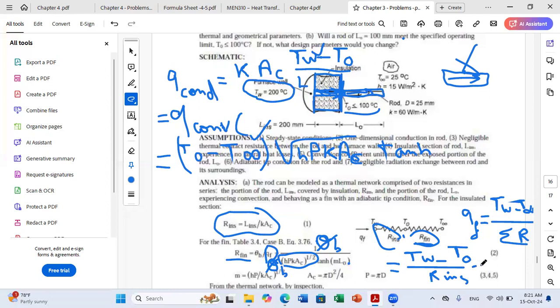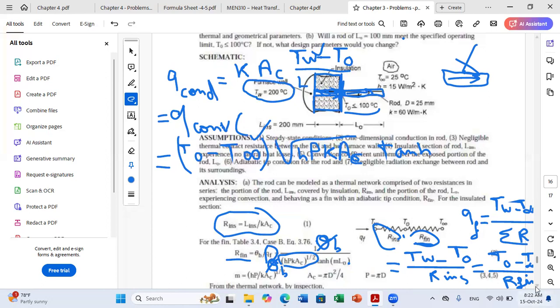And it's equal also to T0 minus T infinity over R fin. Okay. So now you can solve for T0. Any question on this part? Okay. Now,